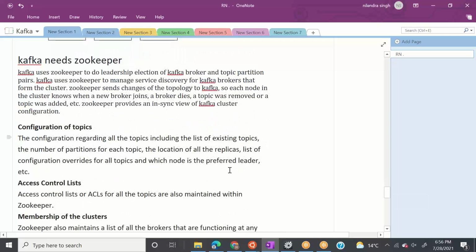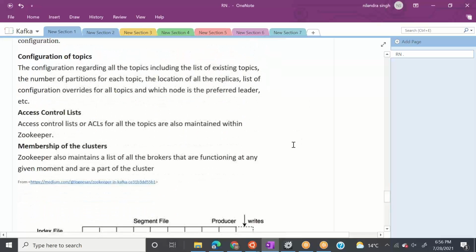So Kafka uses Zookeeper to do the leadership election of the Kafka broker and topic partition pair. Kafka uses Zookeeper to manage service directory for Kafka brokers that form the cluster. Okay, so it means how many brokers are active. Zookeeper sends messages on change of topology. Let's say if we have one node added, then it will be added to the Zookeeper metadata. Okay. Apart from that, Zookeeper does a lot of things.